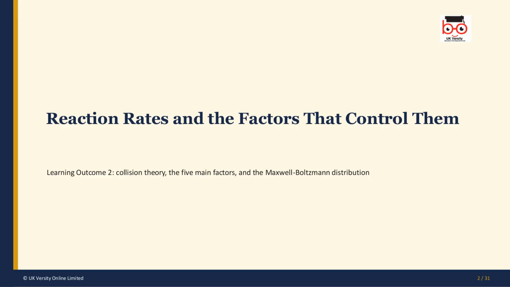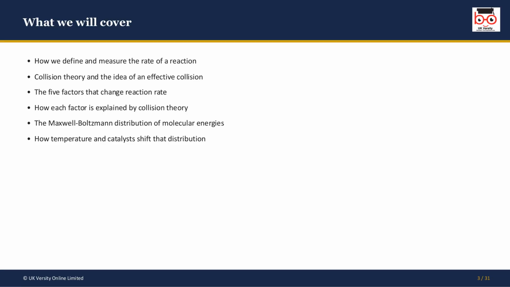Welcome to Learning Outcome 2, where we look at what controls how fast a reaction goes. We'll cover collision theory, the 5 main factors that change the rate, and the Maxwell-Boltzmann distribution that ties it all together. Over this outcome, we'll define what we actually mean by the rate of a reaction and how to measure